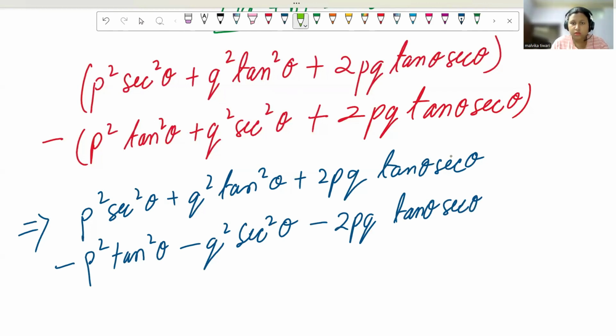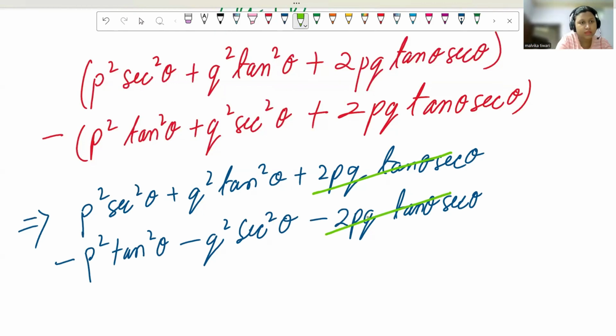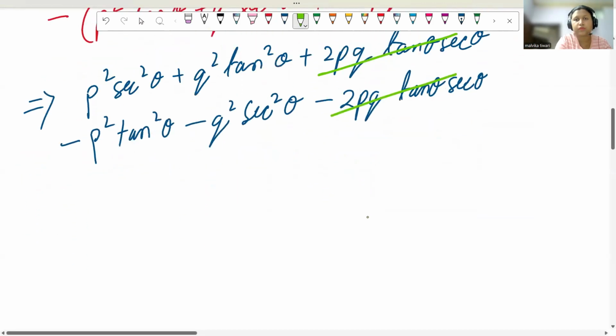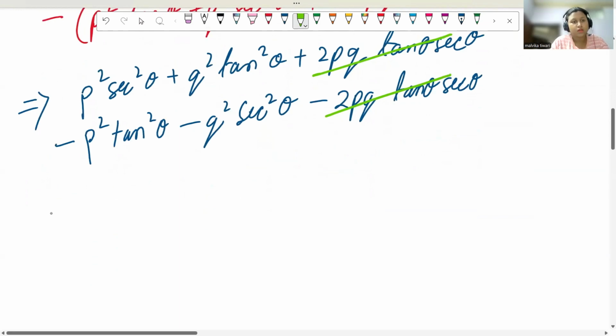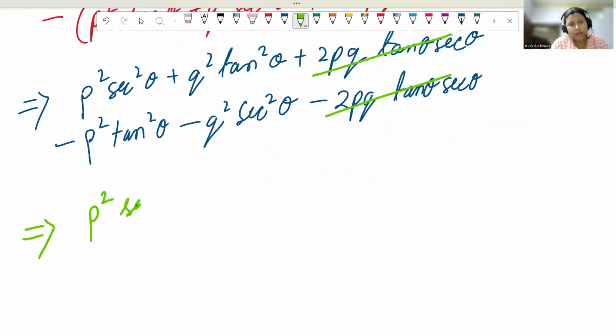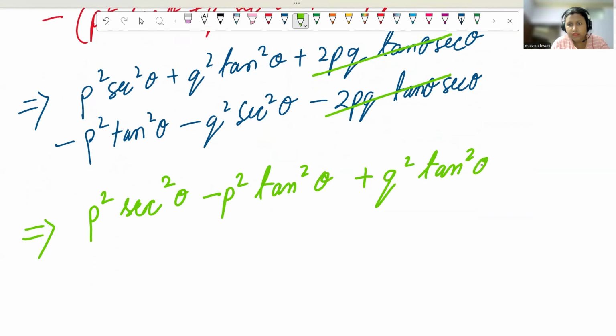Now here this one and this one cancel out because they are basically the same term with opposite signs. What we are left with is p square sec square theta, and I'm rearranging the terms, minus p square tan square theta plus q square tan square theta minus q square